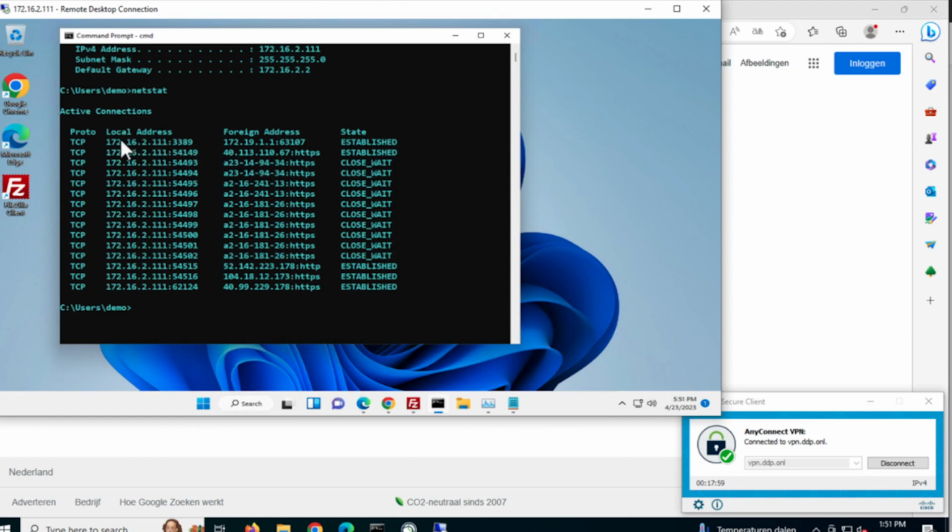You can see that there is a connection, an RDP connection to my Remote Access VPN client itself. Okay, so that's pretty much the essential setup to get your VPN going. Now let's take a quick look at